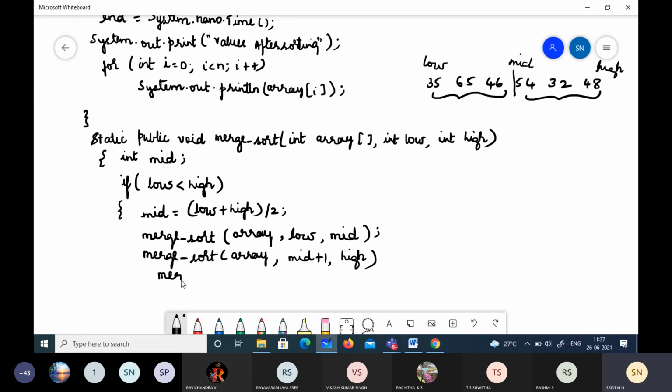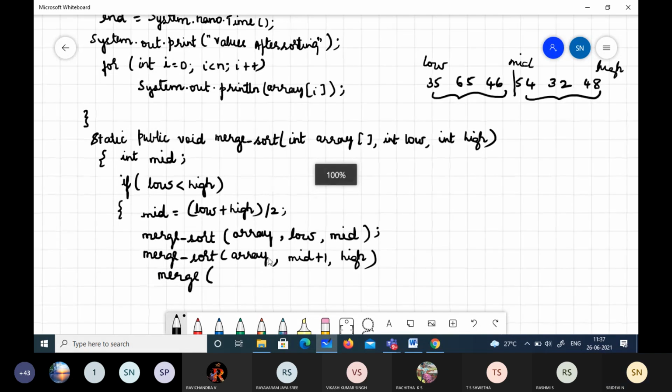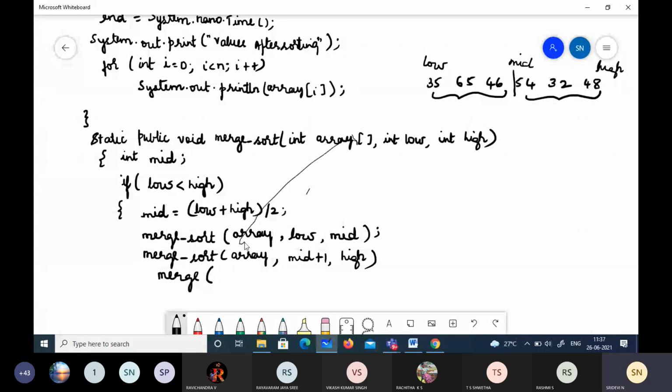So for that I need one more function, merge. For merging I have to pass the array, and the whole array I have to pass.